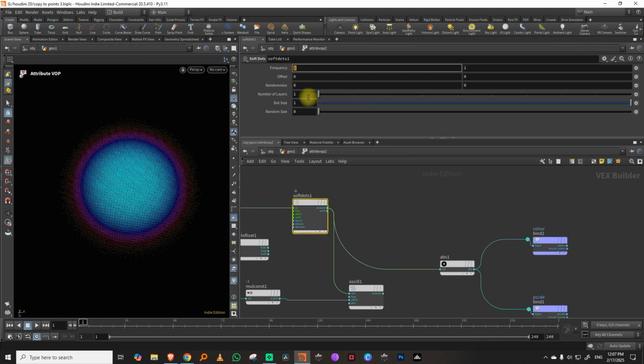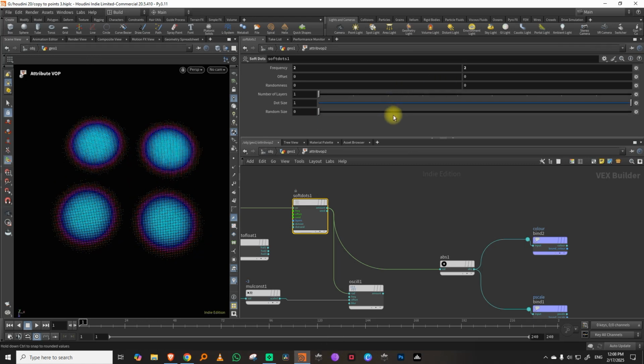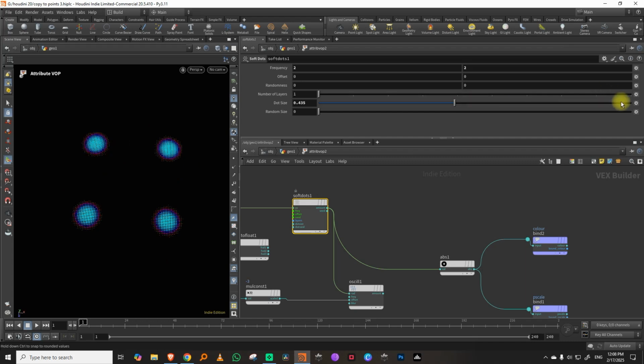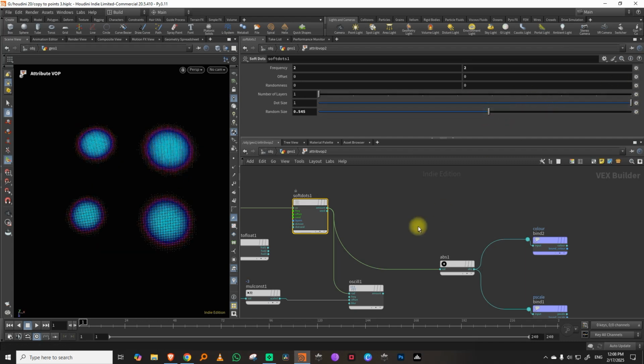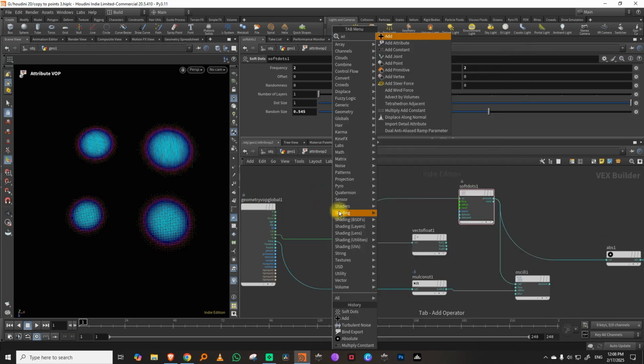Let's say give it a frequency of 2 by 2. So you'll get 2 of these. And we can also do dot size. So you can control that. You can do randomization with the dots. So that is nice. And then the same thing, if I add in a noise value in here, like what we had done,